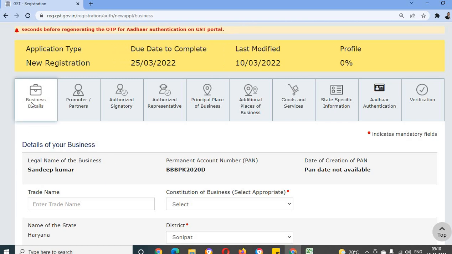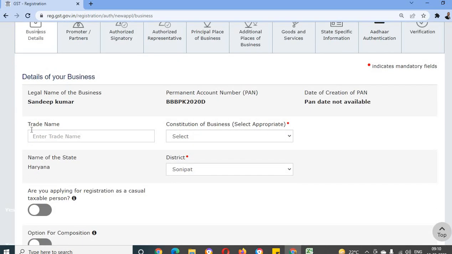Now I'm at the first step. If you want to check the second step and third step, you can respectively go to all these steps. Right now we are at the first step. Now the trade name. My dear friends, legal name is different. Legal name is whatever name is there on the PAN card. This is the PAN card name. Trade name is different. For example,